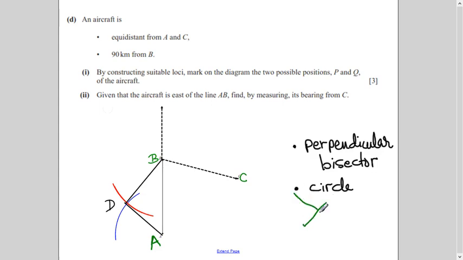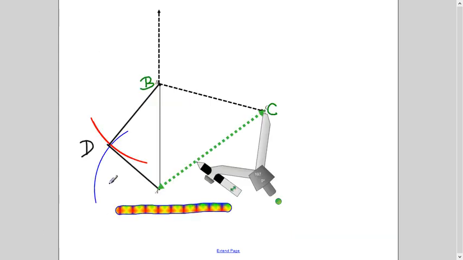If any line is the perpendicular bisector of 2 points, then no matter where you are on this line, you will always be equally away from A and B. Remember this. You know, this is the characteristic of perpendicular bisector. Then we will come to point B later. So let's handle equidistance from A and C first of all. So I have joined A and C with the dotted line, and I have to draw perpendicular bisector.